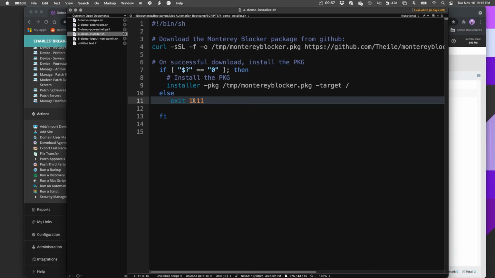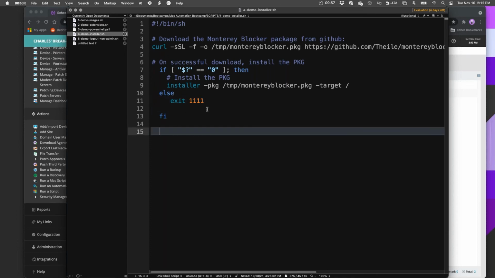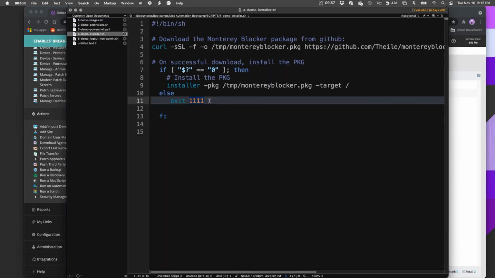I'll exit with 1111, and whatever is calling this script can look for that. Okay, so this exit code gives me something I can trigger on, or I can get my reporting to look for errors that exited with this kind of code.